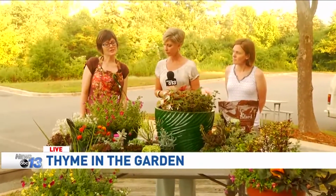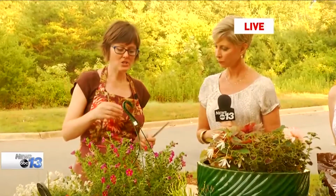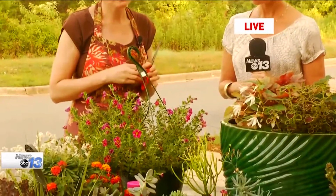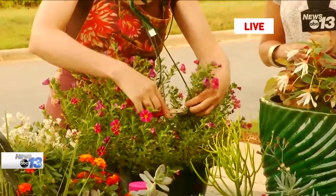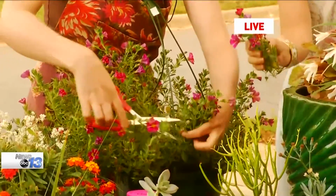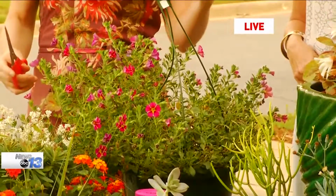Well, we've been having a really dry and hot summer, and if people have been putting annuals in their outdoor containers, they're probably about ready for a little spruce up, rejuvenation. One way to do that is to do some pruning back on your flowering annuals. A lot of people don't realize that you can really get in there and trim even the quite good-sized ones back. You could space out your trimmings and leave a few, but eventually those little tips